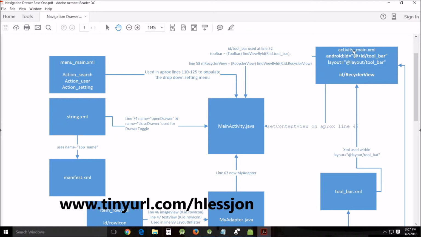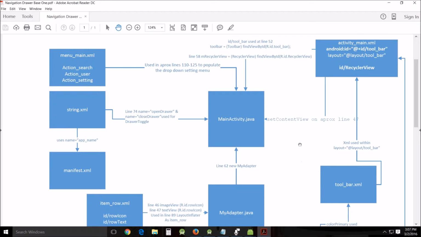Then over here in the activity underscore main XML, of course, the ID toolbar is used about line 52. On line 58, we see the recycler view being used. And then again, these are the major things: the ID toolbar, which is the layout, and the ID recycler view. Okay, now